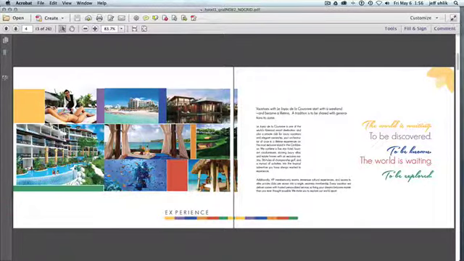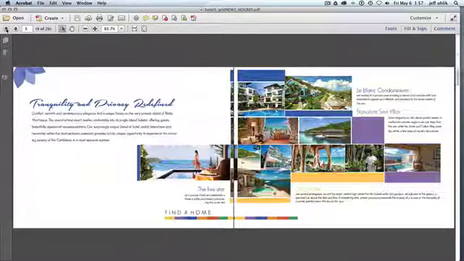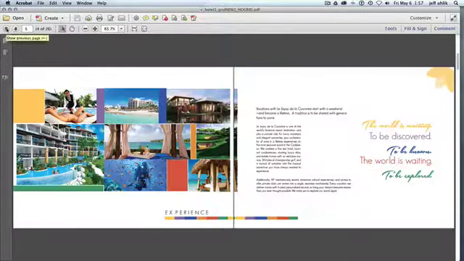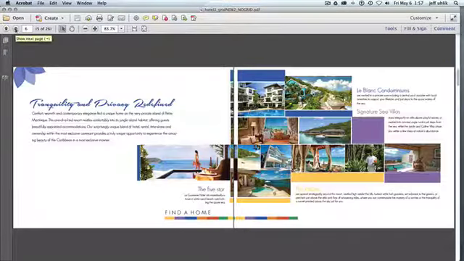But here, treating the grid with color areas, a little kind of a continuity color bar going on, using color in the type, playing with column lengths. There's a lot you can do with varying column lengths, and playing with differentiations in font size. So here, the idea of kind of mirroring. Remember what I was talking about? Taking a layout on one page and then flipping it on the other. Not exactly the same, but